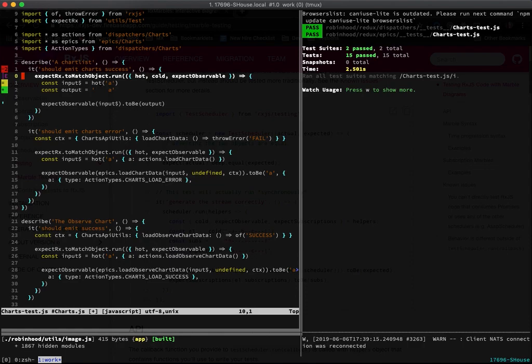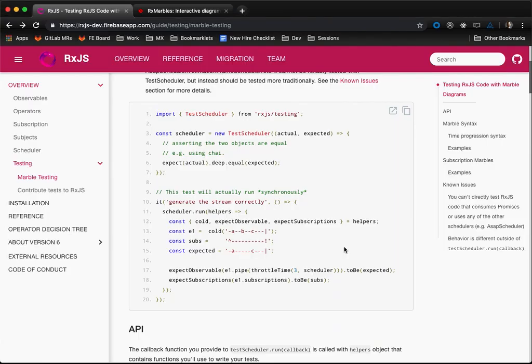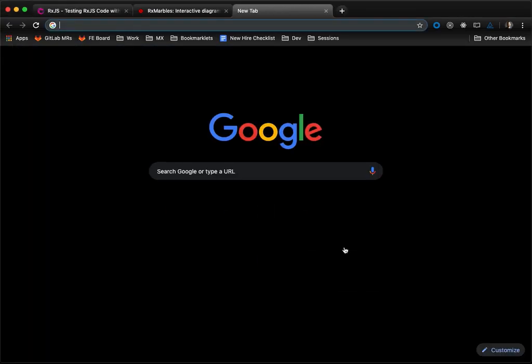Whereas with a cold observable, it's something that the act of subscribing triggers the behavior, like an AJAX call. When you subscribe, it triggers the AJAX call, and that goes out and it returns its value. When you subscribe again, it triggers another AJAX call. So we can demo this